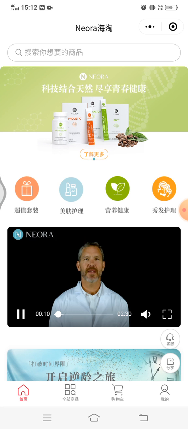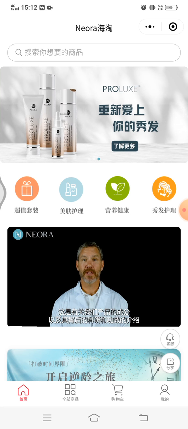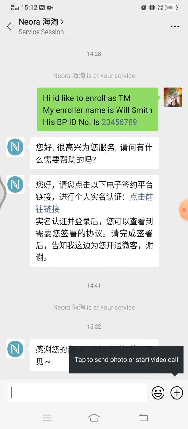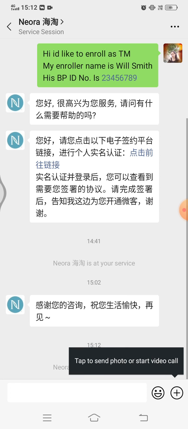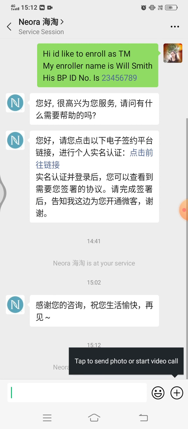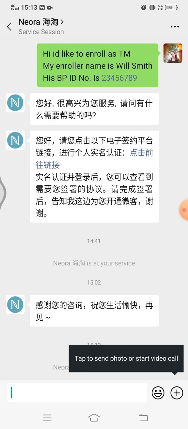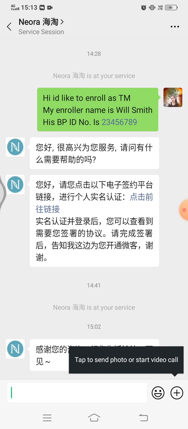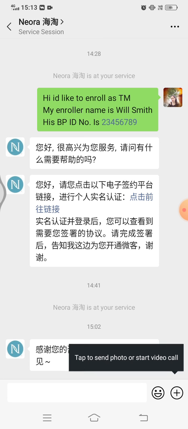And then click the earphone icon at the right bottom to contact our WeShop CS agent and tell them with the content of your wish of enrolling as a TM, and tell them your brand partner enroller's name and the brand partner enroller's ID number.